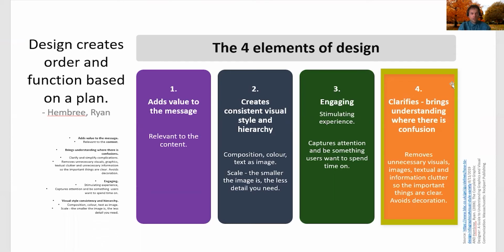If it's product design, remove unnecessary functions, unnecessary because they are confusing or they're not useful for your users. So 4 elements of graphic design. It needs to add value, consistent style, consistent voice, stimulate experience, be engaging, and to clarify elements.